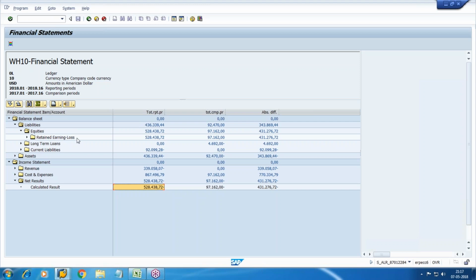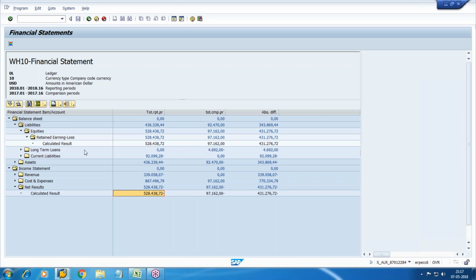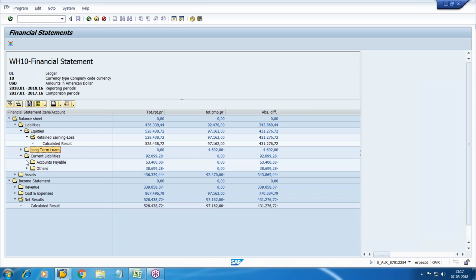Capital is not there, so that's why this is the loss. Okay, which one is updated? Loss account. So retained earnings loss is there, calculated. This one loans zero balance, nothing is there. In current liability, this something. Okay,